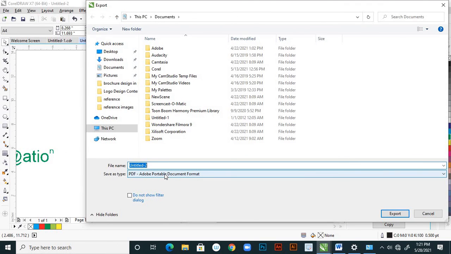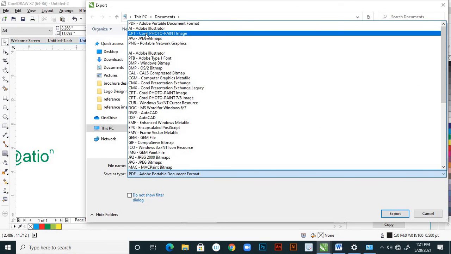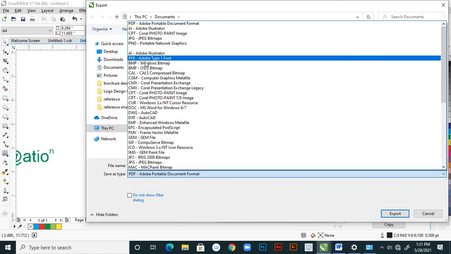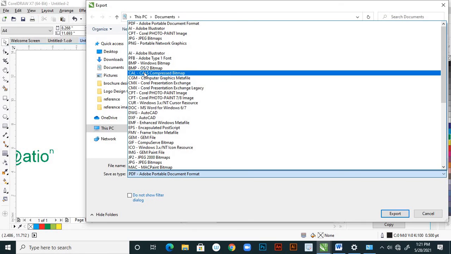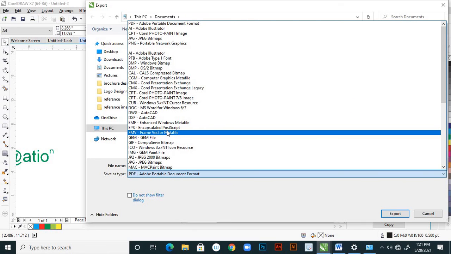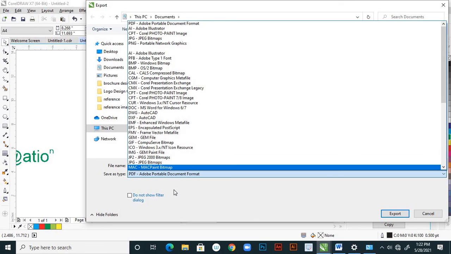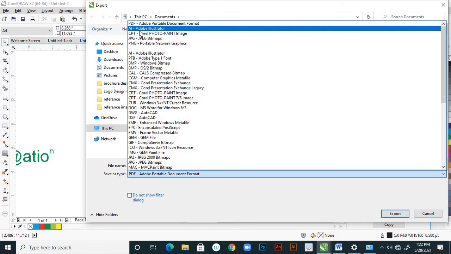And in export, the options showing here are PDF, Adobe Illustrator, JPEG and PNG, right? And here the other formats, BMP, and EPS, encapsulated PostScript files. So these are the available formats. Mostly we use JPEG, PNG and PDF.